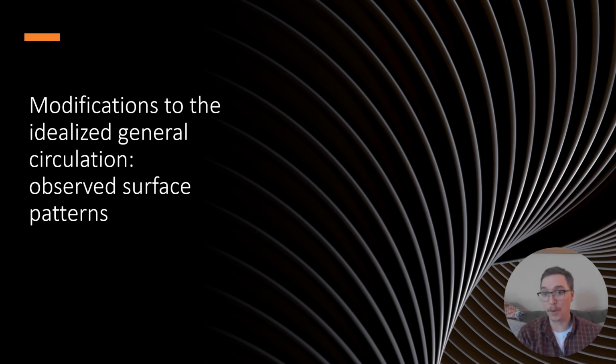We looked at Hadley's general circulation model, which was our first attempt at it. Remember, he got a few things right, got a few things wrong. Air does, because of thermal buoyancy, rise at the equator and move poleward, but thanks to the rotation of our planet, which is what the two or three celled circulation model that we looked at towards the end of class shows us, when you have a rotating Earth, your patterns of wind are going to get deflected as you move poleward. So we get our